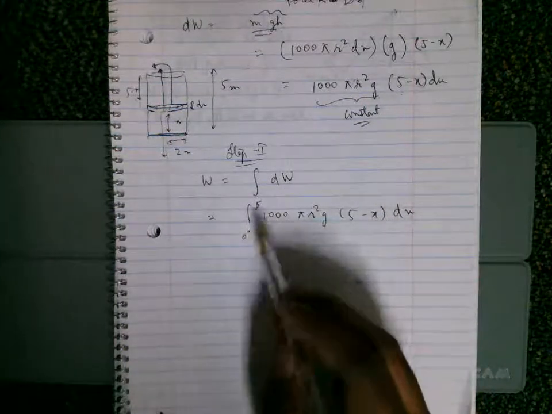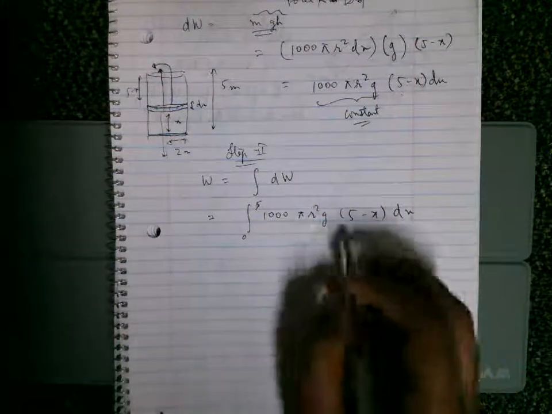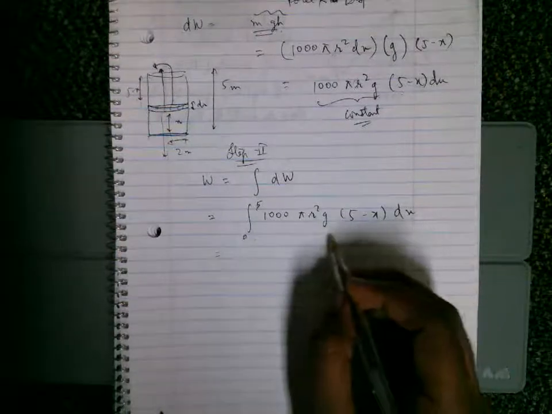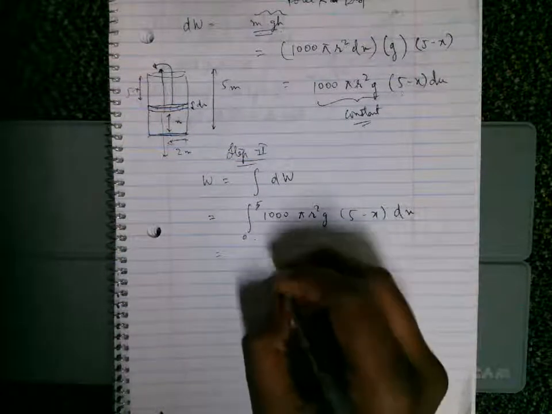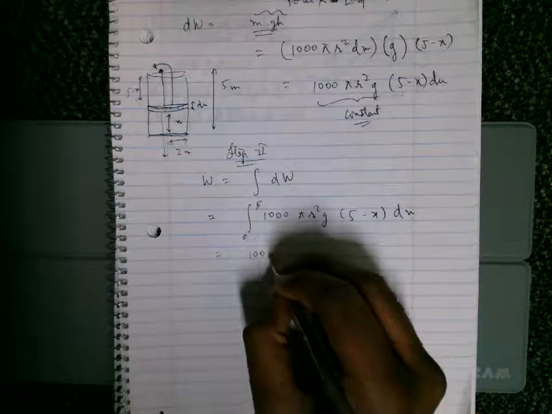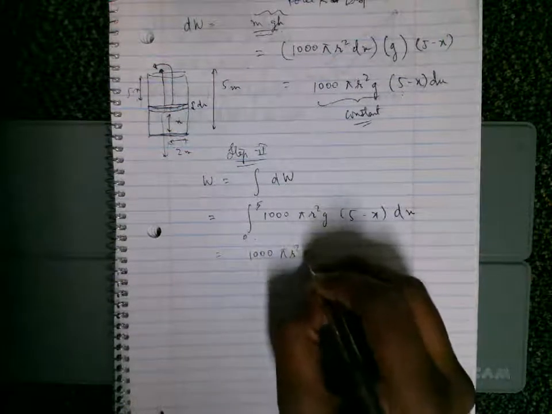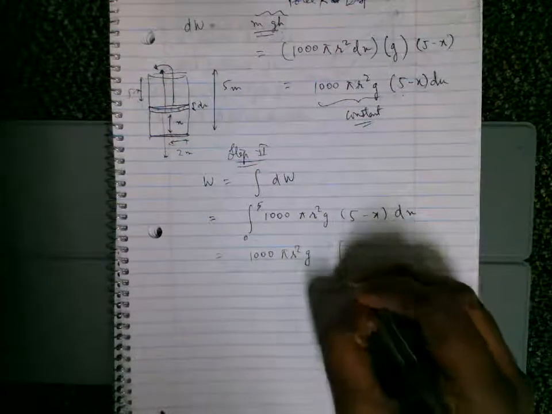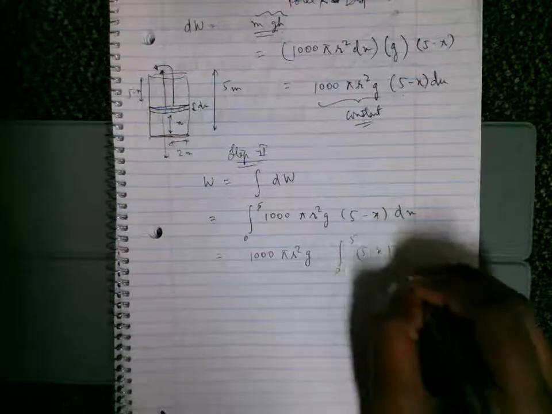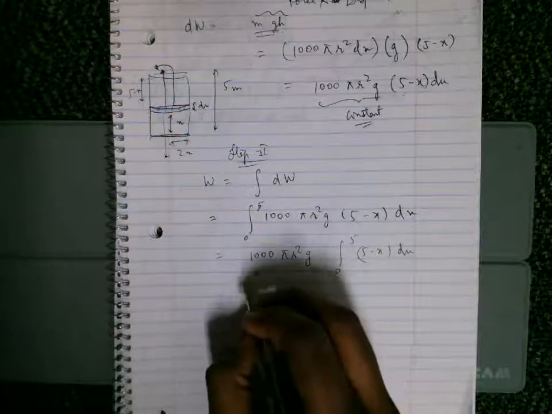So x has to vary from 0 to 5. So all we need to do is just integrate this function. Well, we can bring out 1000 pi r square g, and the integration of 5 minus x from 0 to x. So this is equal to